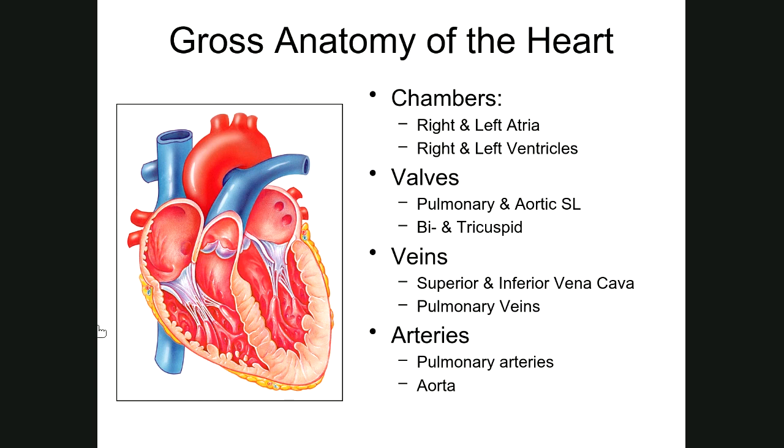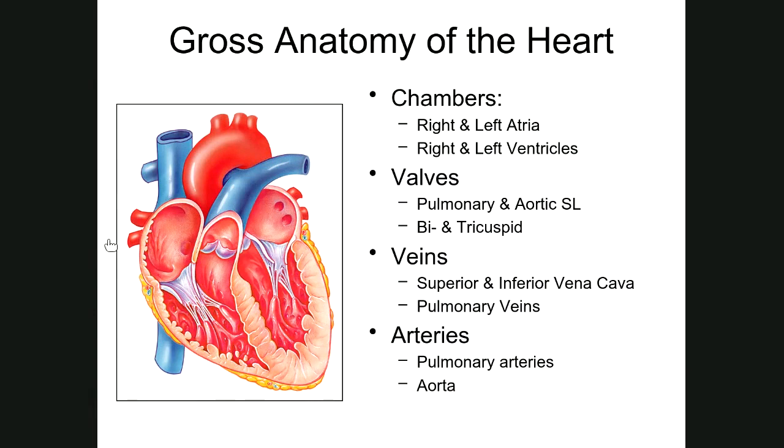attached to the heart. So a better definition of a vein is simply that it's a vessel that is returning blood to the heart. That's your best definition. Sometimes veins are carrying oxygenated blood, in the case of at least one vein that's returning blood to the heart from the lungs. But sometimes they're not. Arteries, a better definition for them would be that these are vessels that are carrying blood away from the heart. Usually they're carrying oxygenated blood, but that's not always the case with one of these arteries that we're going to see that's actually carrying blood away from the heart and carrying that blood to the lungs so that it can